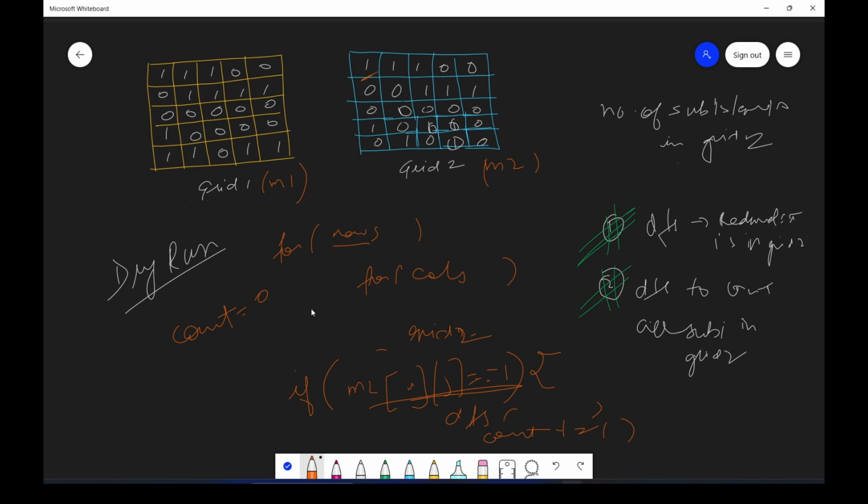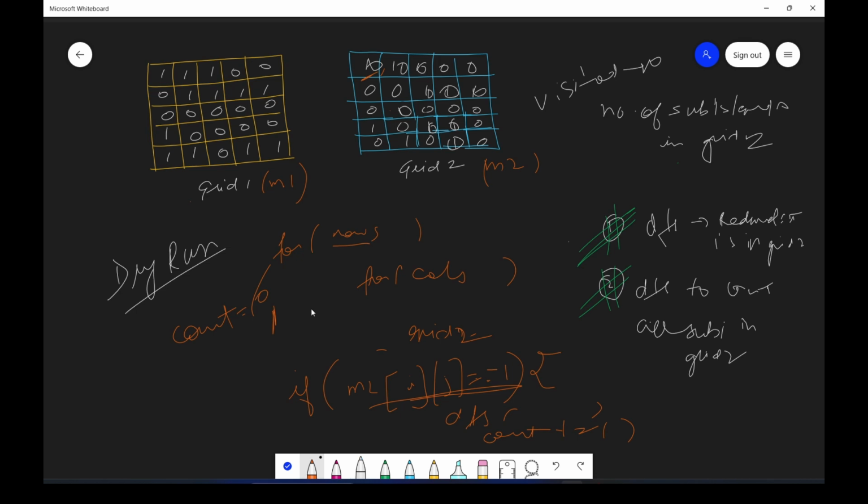Let's say you encounter 1 here, you increment the count by 1, and this DFS will just make all these adjacent ones 0 again. So basically you have counted this as a sub-island, and in order to mark them visited, you change them to 0 again. So this will become 0, 0, 0, 0, 0, 0.